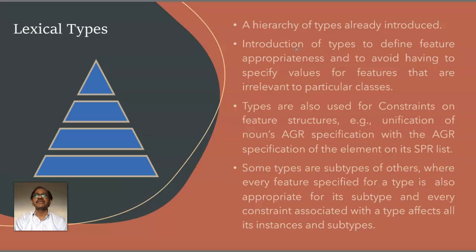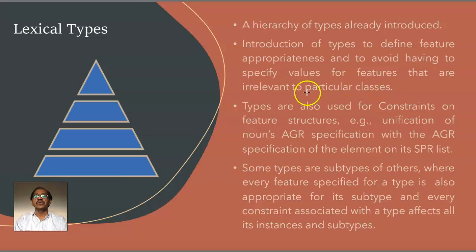So the features which are irrelevant for nouns are not given for nouns. Similarly, the features which are irrelevant for verbs are not given for verbs. So types were introduced to define feature appropriateness, and we try to specify values which are necessary for that particular